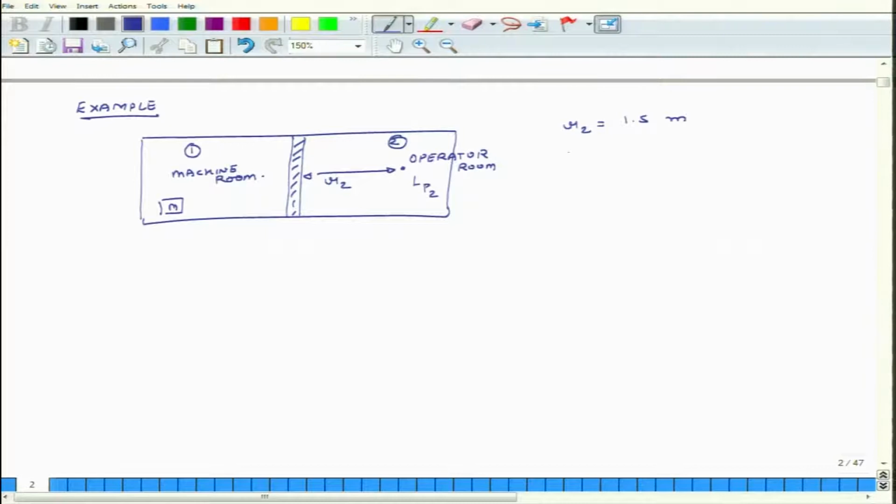Okay. The other thing we know is that this wall is having a surface area of SW is 16 square meters. 16 square meters, and